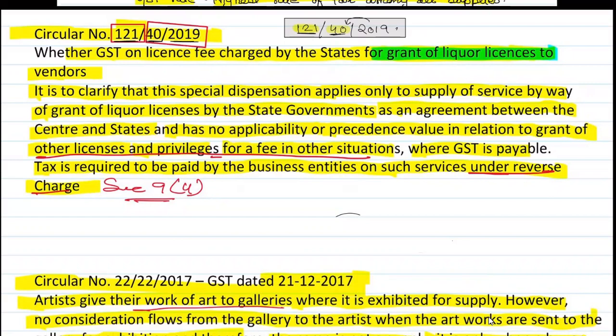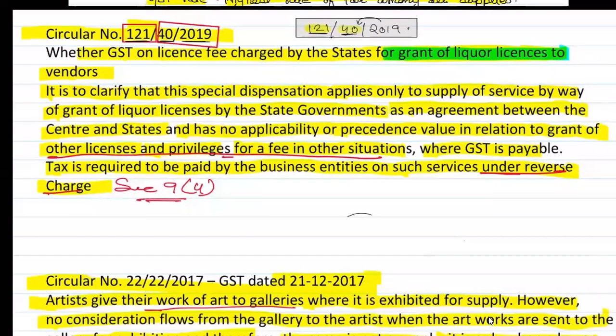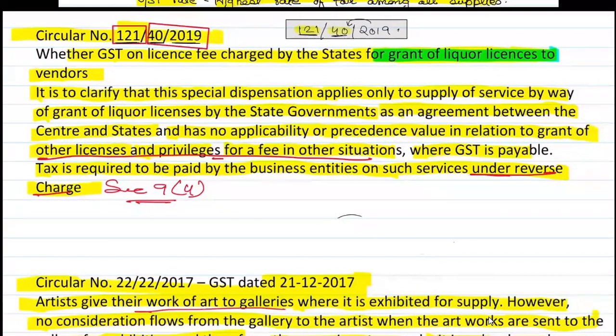Okay. But what they have said is to clarify that this special dispensation applies only to supply of alcoholic liquor for human consumption, and has no applicability on the grant of licenses and other services for a fee in other situations. Where GST is payable, tax is required to be paid by the business entities on such services under reverse charge. That means